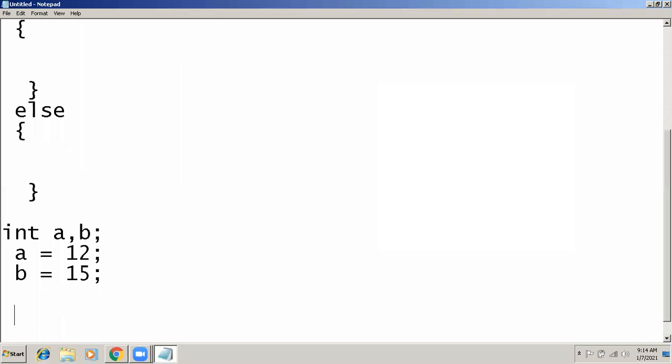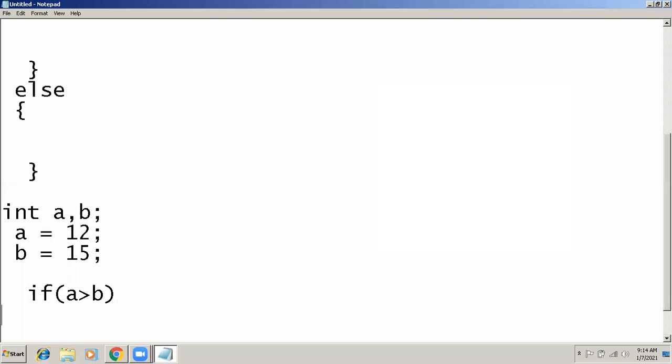Now we have to find out which one is the largest. For this we can use this if else statement. Inside this if we have to give a logical expression. For the logical expression, I can give if a greater than b.